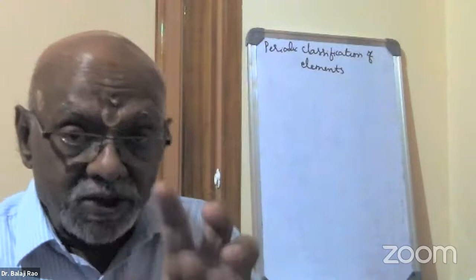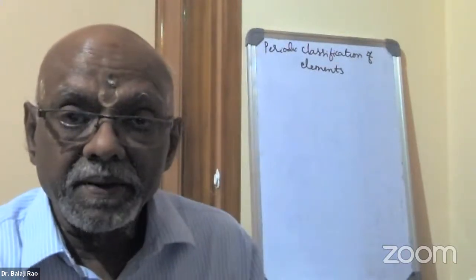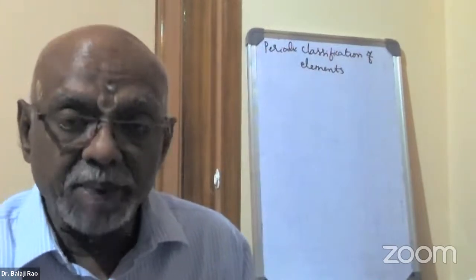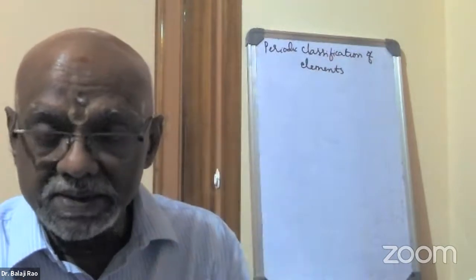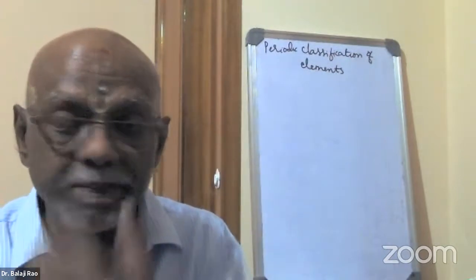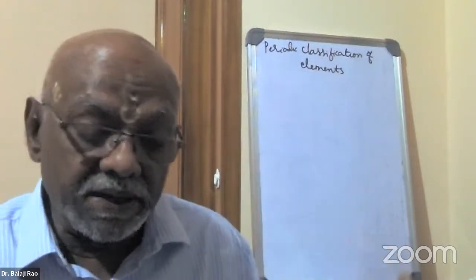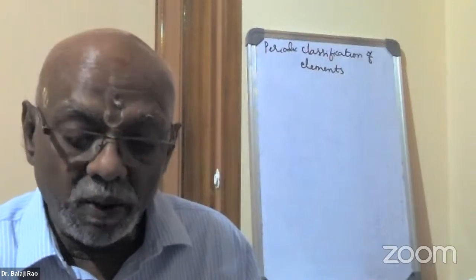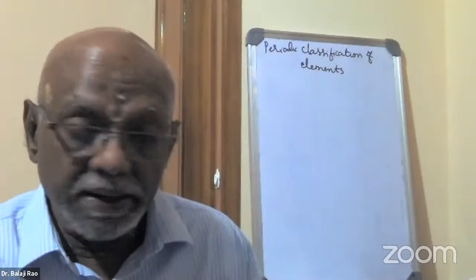Then, very soon, in 1864, John Newlands, who was an English chemist, physicist also, proposed the law of octaves. I'm giving you only the timeline now. After this, I'm going to go back to each one of them in more detail. So, repeat: 1649, discovery of phosphorus; 1829, Dobereiner, his halogen and alkali metal triad; 1862,